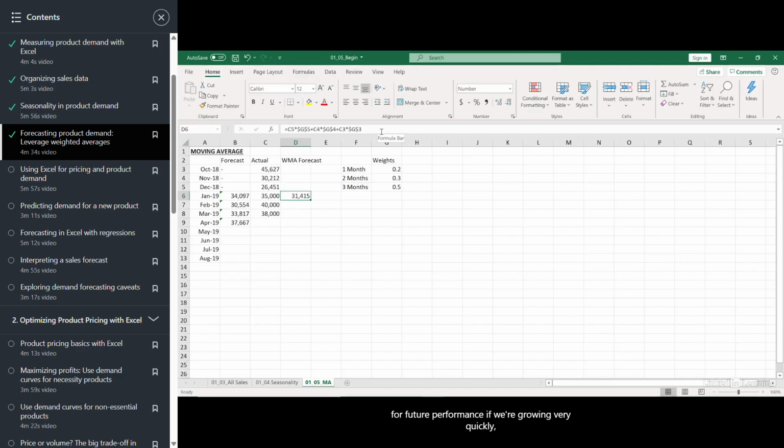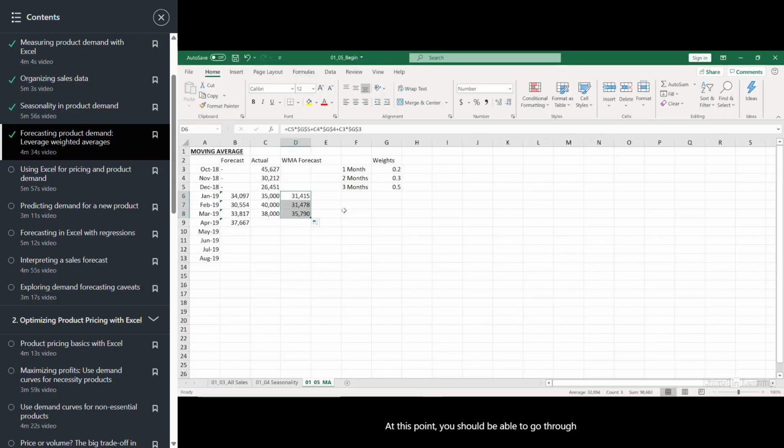future performance if we're growing very quickly, or if there's issues of seasonality, we can take that into account using our weighted moving average. Whatever the approach is, whatever we think the appropriate percentages are, we can go through and apply that with the weighted moving average to better understand what our demand will actually be. This is really critical because as a market researcher, we need to be able to understand what we expect demand to be for a particular product before we even make any changes to our marketing, to our pricing, product attributes,